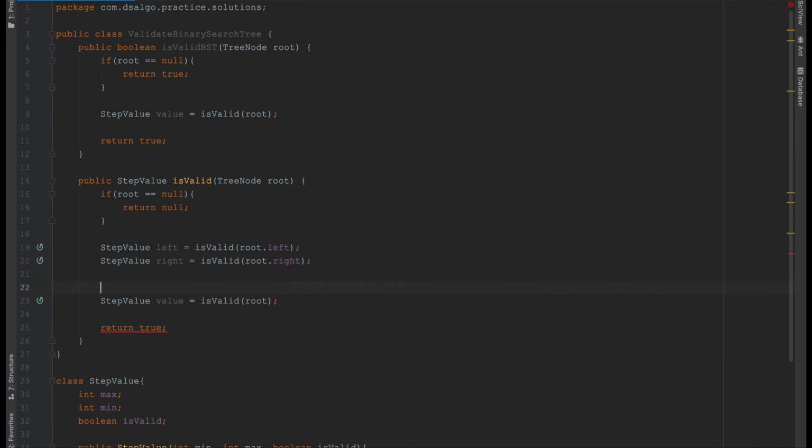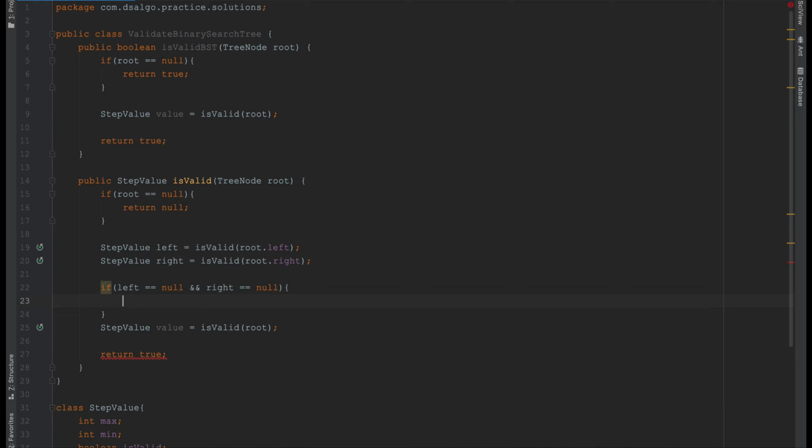Now first we'll check if left is equal to null and right is equal to null. This means that this is a leaf node and it does not have any left or right child.